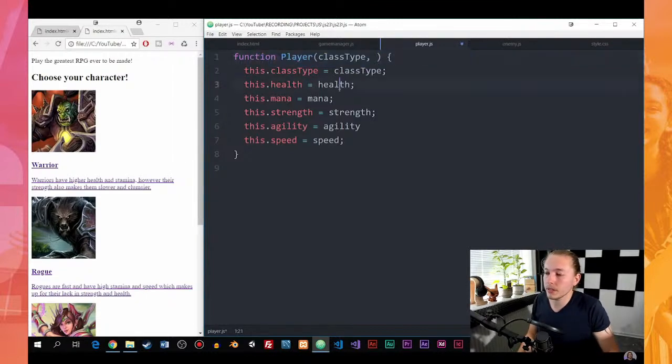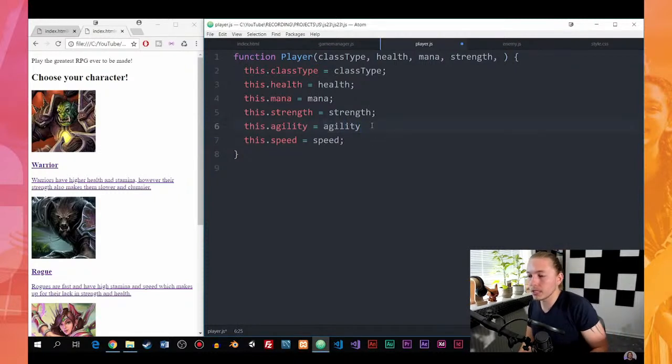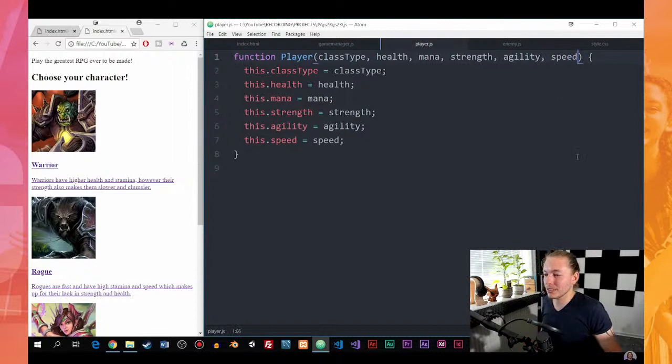So we're going to say we have health. And then we have mana. Then we have strength. And then we have agility, which I forgot to put a semicolon behind. That's important. And speed. That would have been a typo at the end of the game if I hadn't seen that. So now that we have this, we do actually have the player object,